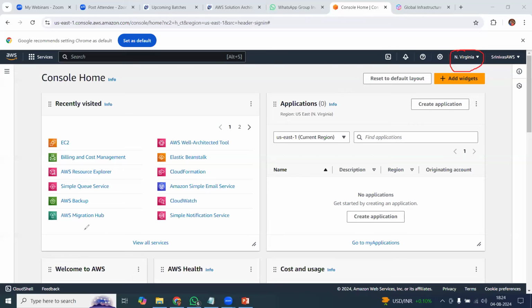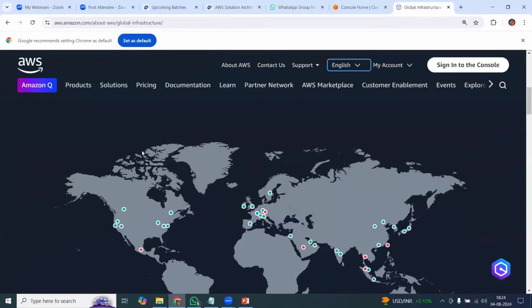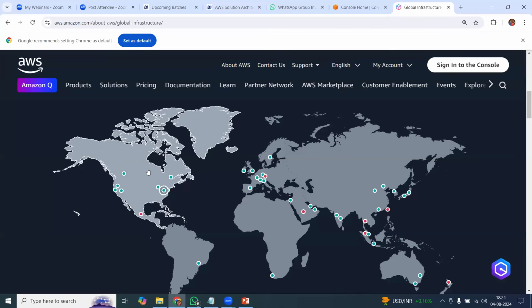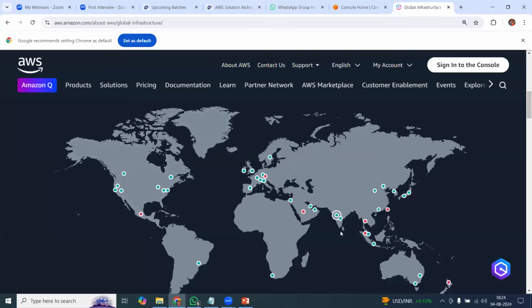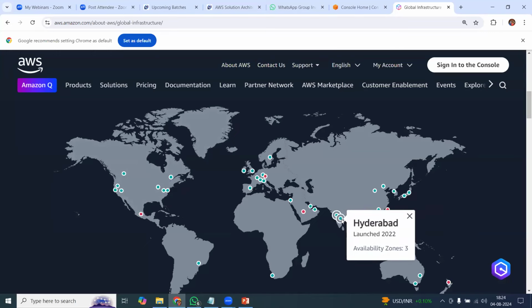Okay, what is this North Virginia? North Virginia is nothing but a region. What is a region? It is a geographical location. In this world map, you can find North Virginia, it is in the US continent, and in India you find Hyderabad and Mumbai as regions. These two regions are available in India. A region is nothing but a geographical location. Under each region, you can find